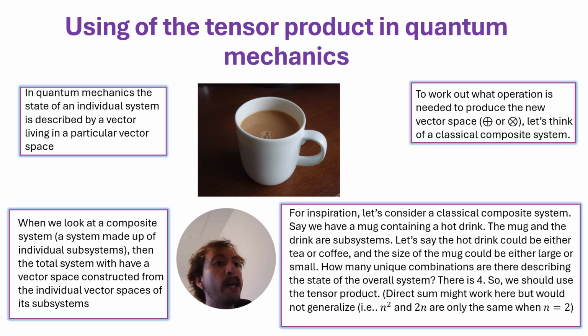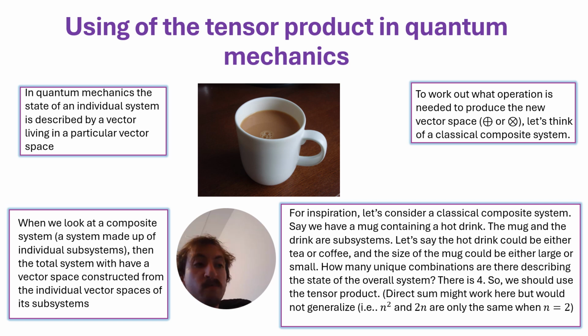So to work out what operation we would like to use to combine these vector spaces, what will be appropriate, whether it be the direct product, the direct sum, or the tensor product, let's think a little about